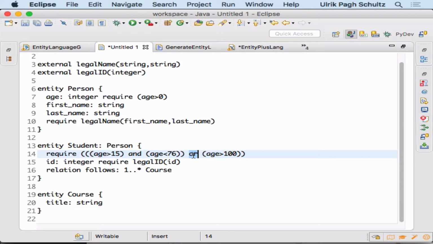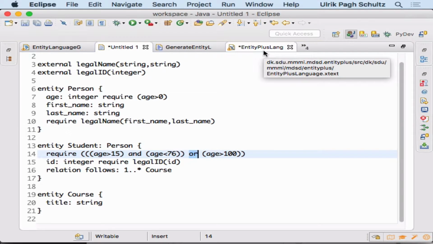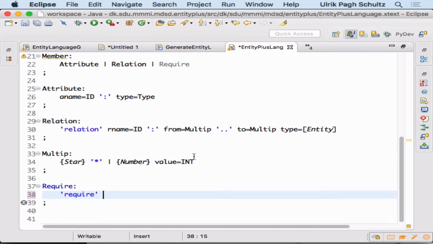So this is actually a simple, almost degenerate version of the example we saw here. So a require has a compare expression and